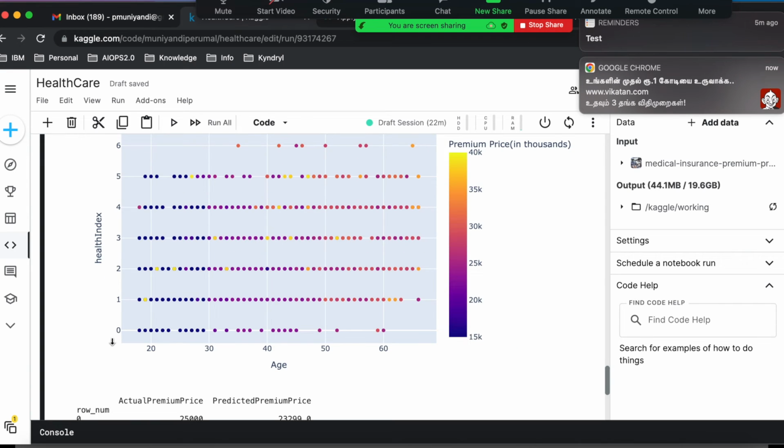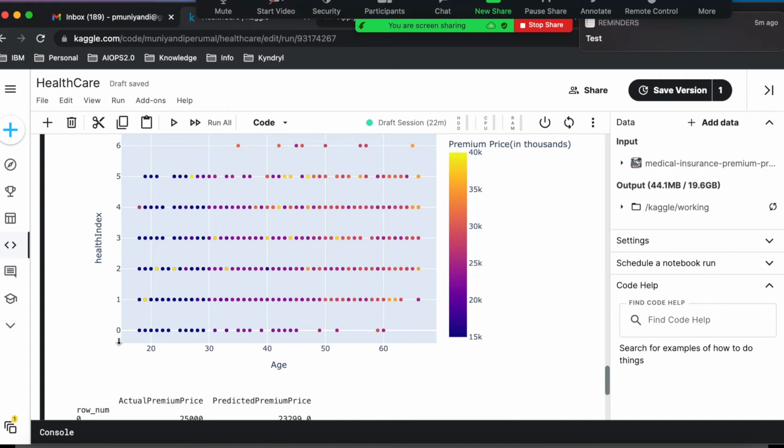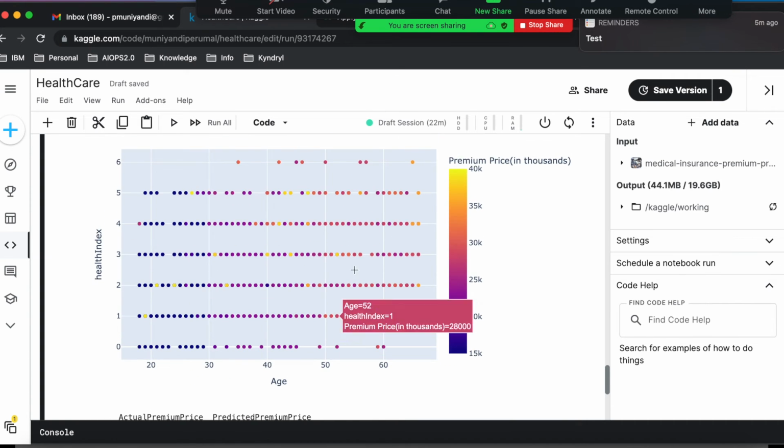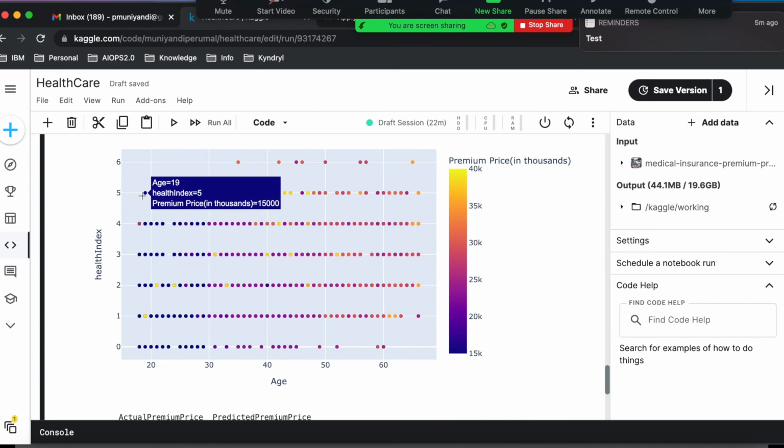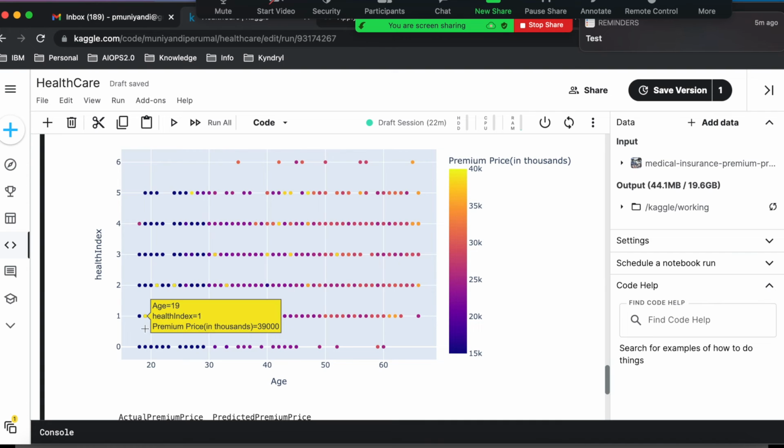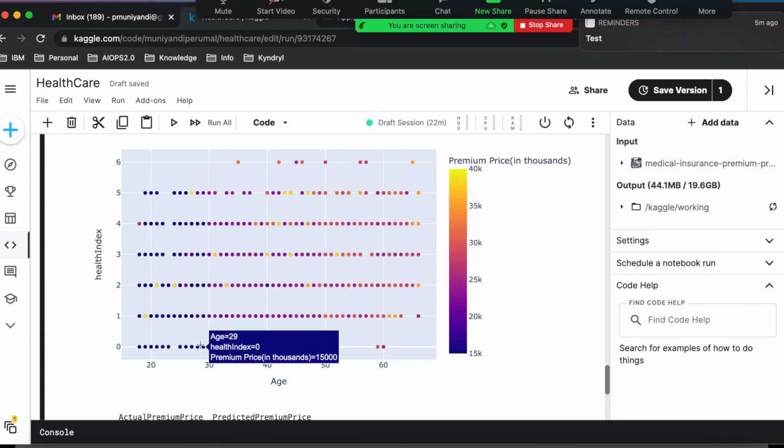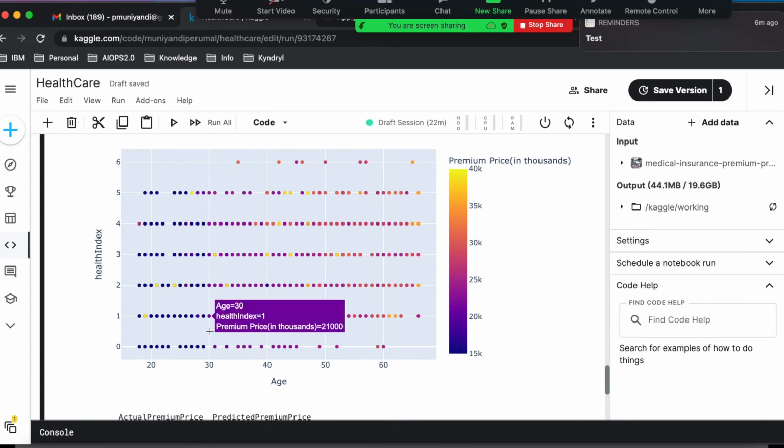Health index means there is a health index we have calculated, right? 0 to 6. Here again, if you noticed, age is a major factor. Even people with a high health indicator, meaning more surgeries and more issues, the people with 5 have more issues, still paid a low premium because of their age. But there are people paying more premium, the yellow color, because of their health problems. So here, at 30, because of the health problem, they have a different premium.